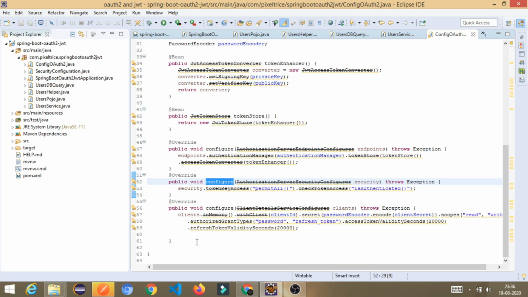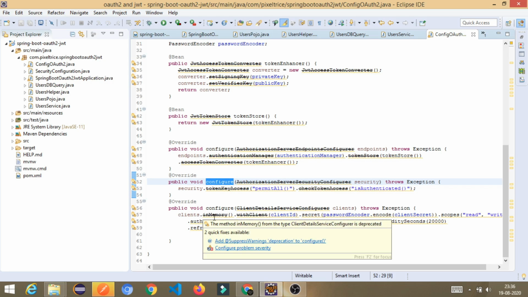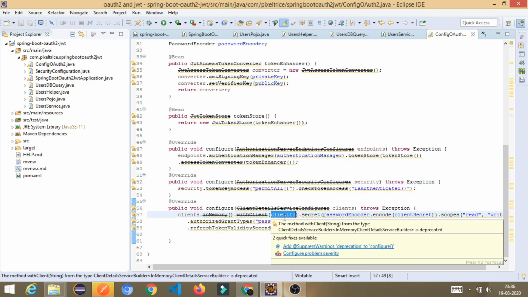Here I'm registering in-memory, with a client id. You must have the client id. It will be provided by the authorization server only, to the client, the person who wants to access any resources or API from the application.